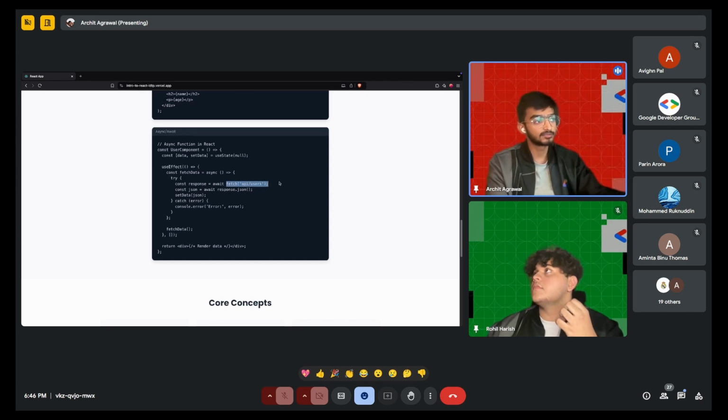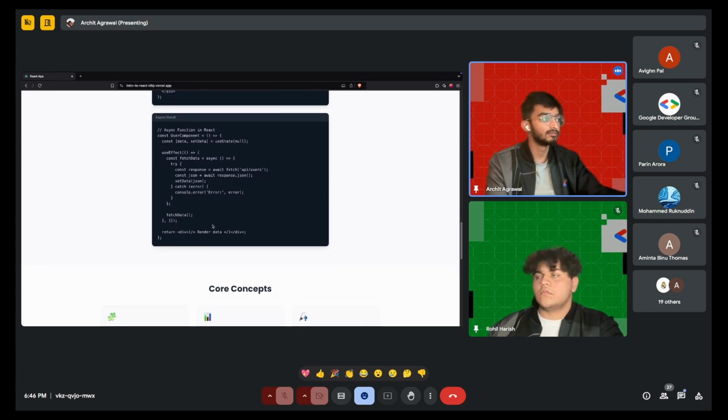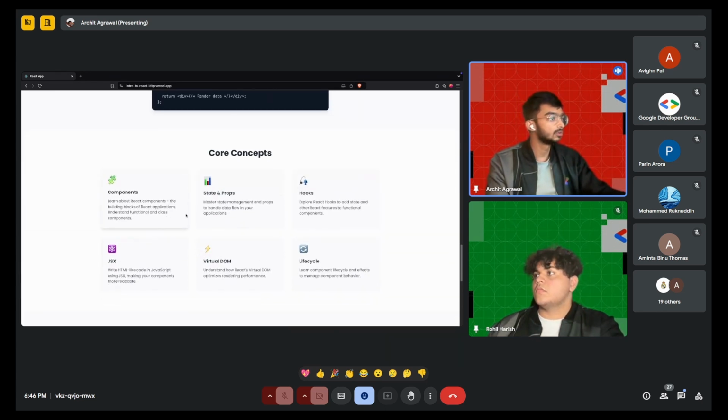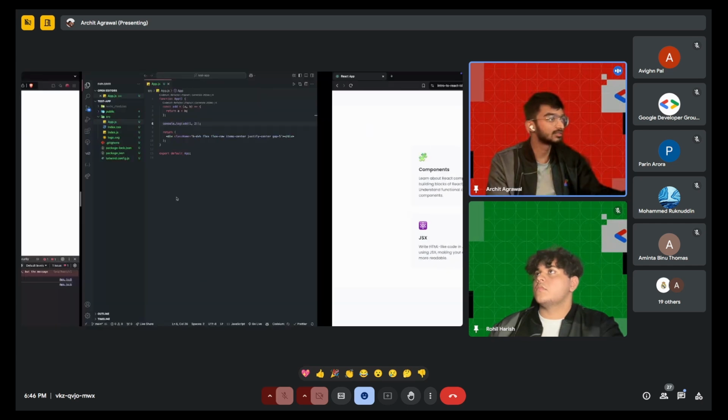So it will run this fetch function and it will wait for the results from your server. And whenever you're using await in a function, you have to put async in here. You have to declare that this function will be using await. So now, to demonstrate what components, states, hooks and JSX are, I will give a small demo